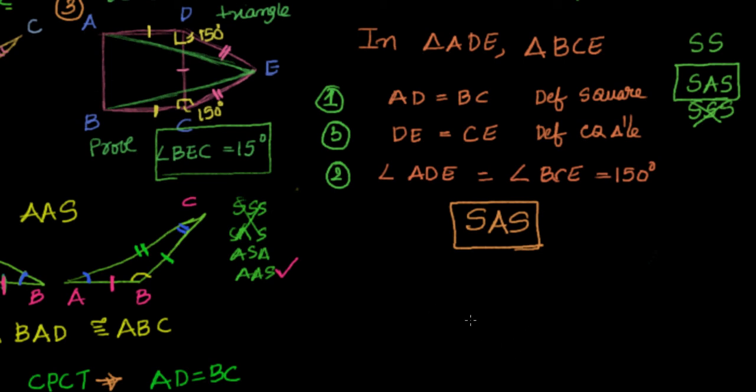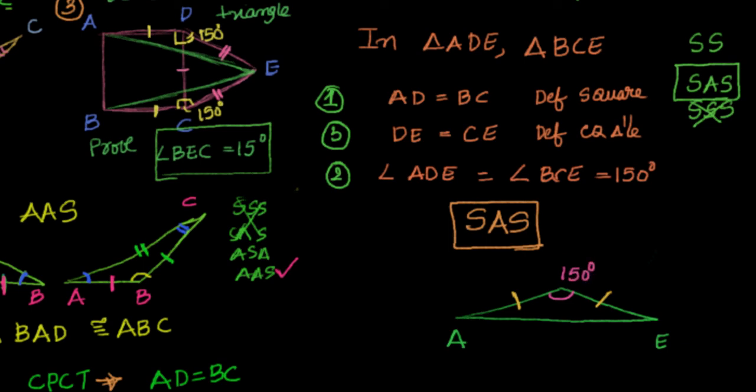See here, this is a triangle. I'm drawing AE and making it comfortable for you by keeping it horizontal. And you know that AD is equal to DE. These two lengths are equal. This is equal to this. And what is the angle here? This angle is equal to 150 degrees.